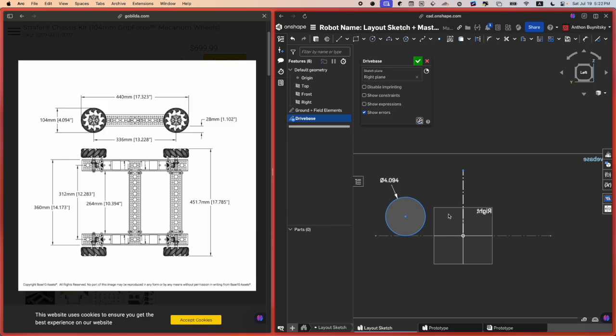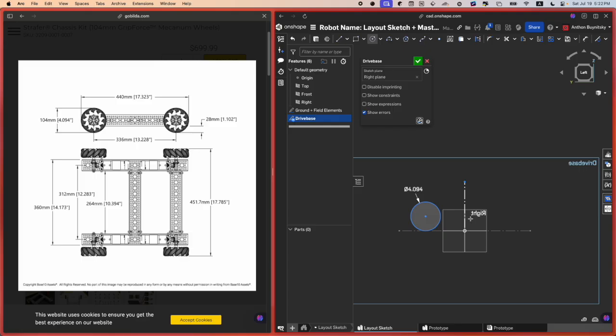So again, you really want to find the most optimal solutions to making things, especially in layout sketches. And this will help with the changeability of your layout sketch as well, because it's a mirror, right? So if I move this side left and right, the other side will also move left and right. So we'll actually do that right now. Okay, so